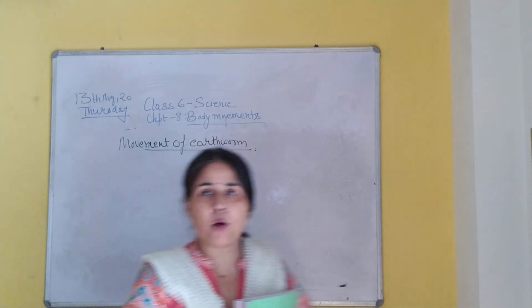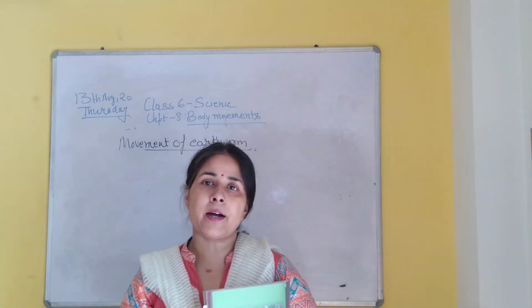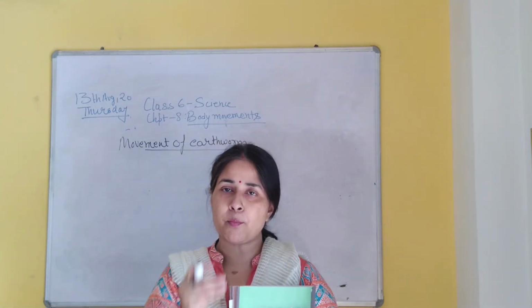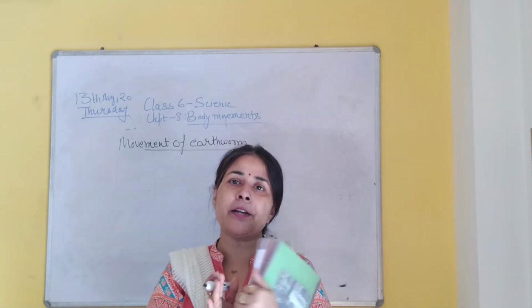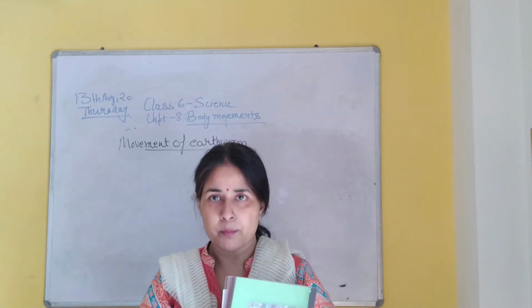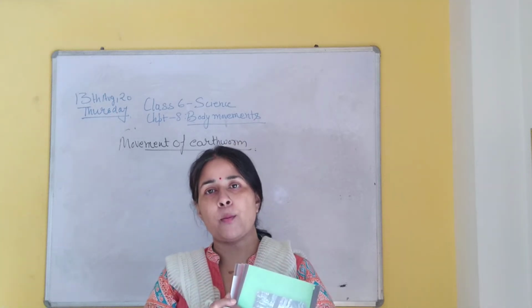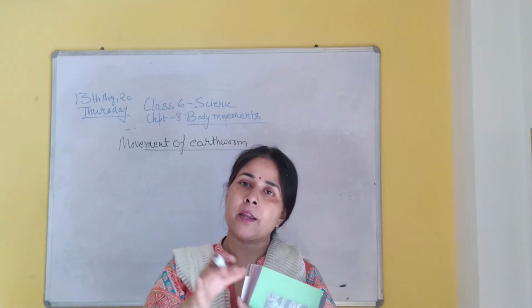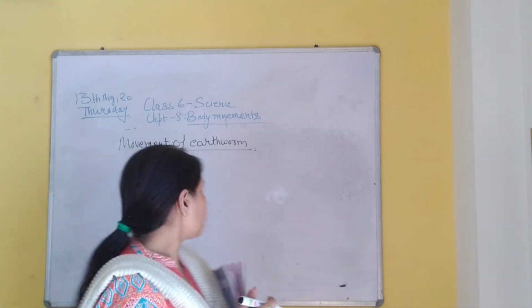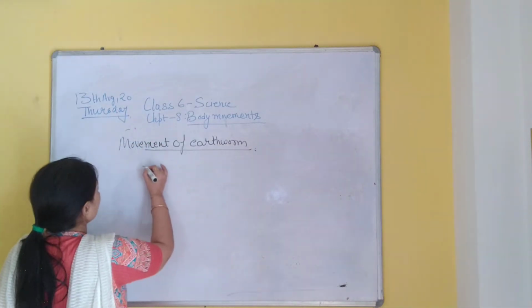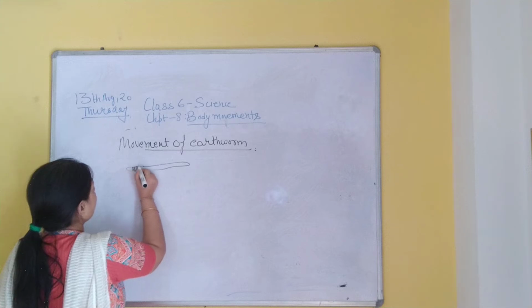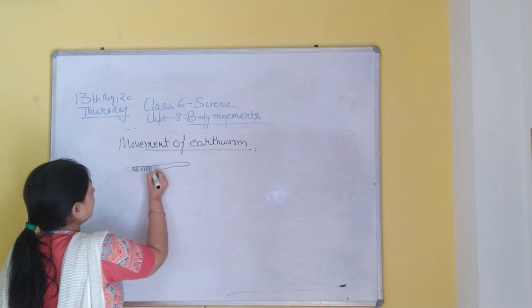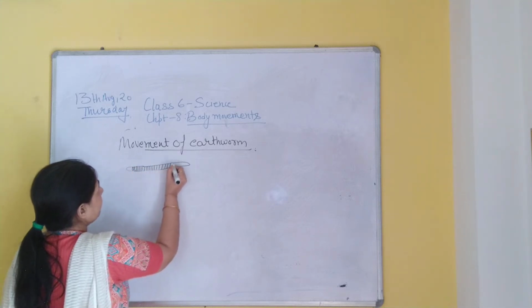Now, if we talk about the earthworm, we see that the earthworm does not have any bones. The body is only made up of rings which are connected with each other through the muscles. So, whatever job has to be done in the movement, it is done by the muscles. So, let us see how an earthworm moves. Let us take a body of the earthworm like this. The body is made up of rings. So, just showing these rings in the earthworm.